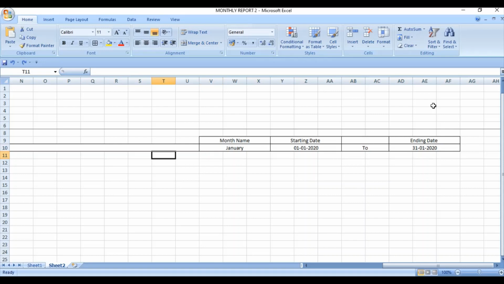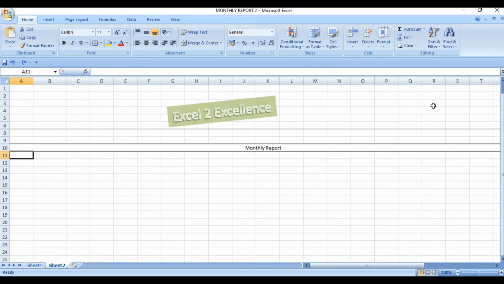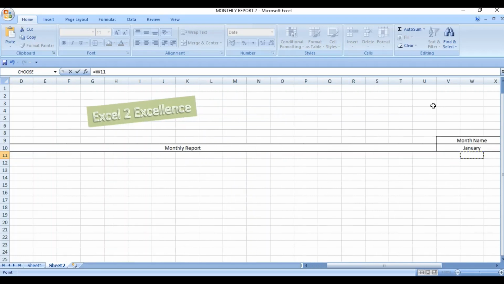In row 11, we will plot the date values. That can be done with the help of references. So for the first day of the month, I have written here the beginning date.